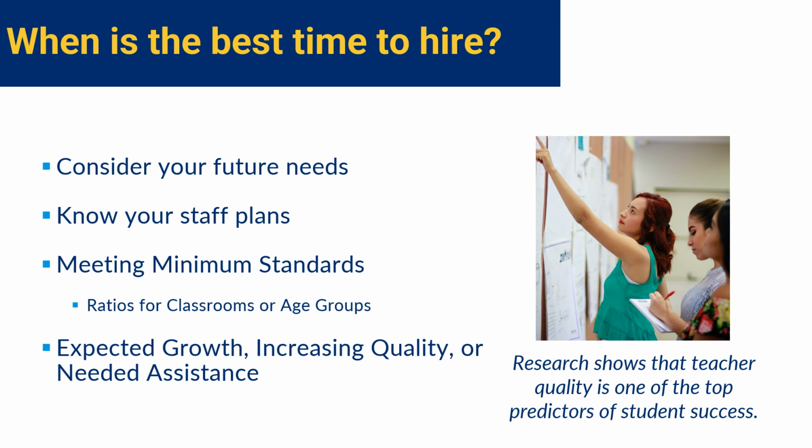Of course, as you know, there are child care regulations and minimum standard implications for hiring. The minimum standards for child care outline the child-caregiver ratio for each age group. You may need to hire to meet these ratios in the classroom, depending on your future plans. If your plans are to increase your quality rating, there's another reason to think about hiring a new or additional staff person.